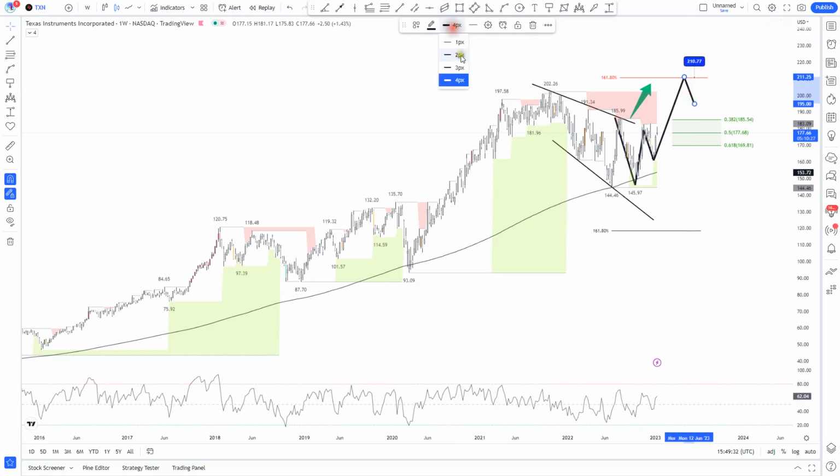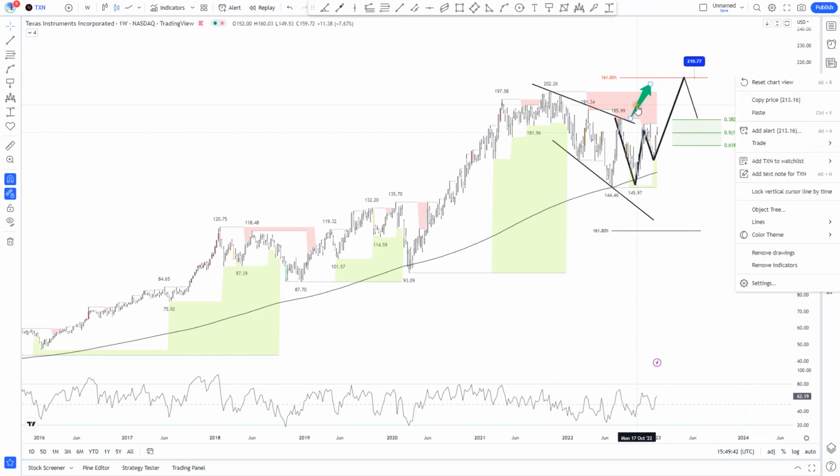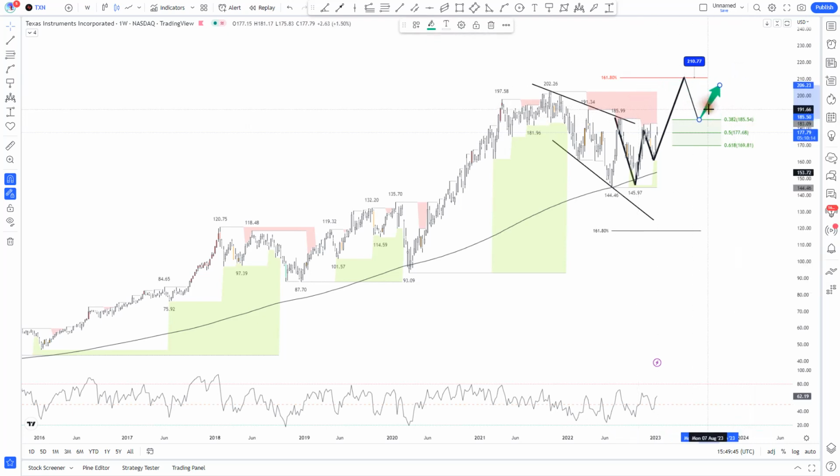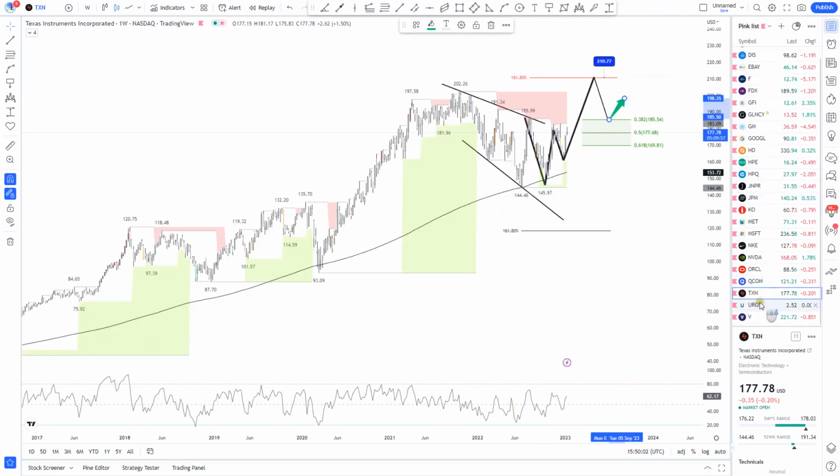We don't know if that's the outcome, but that's what the pattern, if completed, will suggest. It's a retracement back to 185.54, and from here, if the price finds support again, I will use the 38% Fibonacci as a guide. If the price finds support again at this Fibonacci level, that's a sign for a strong move to the upside, and we will pay attention to that possibility. For now, let's just observe.